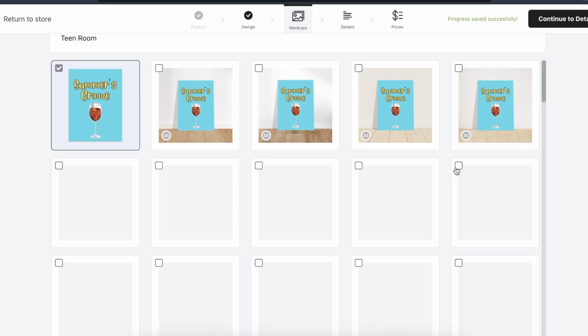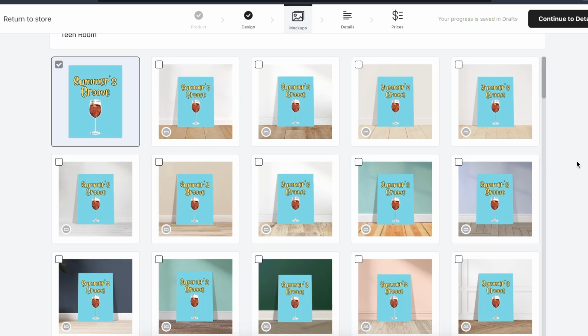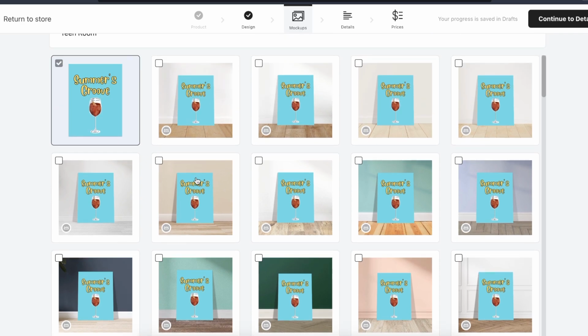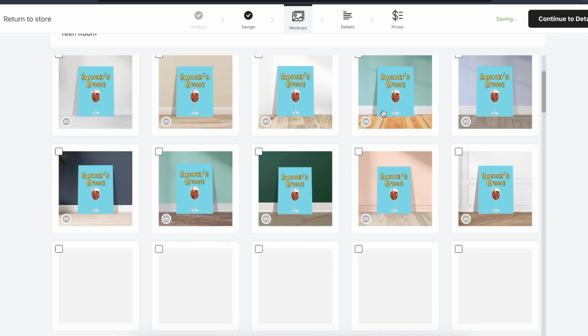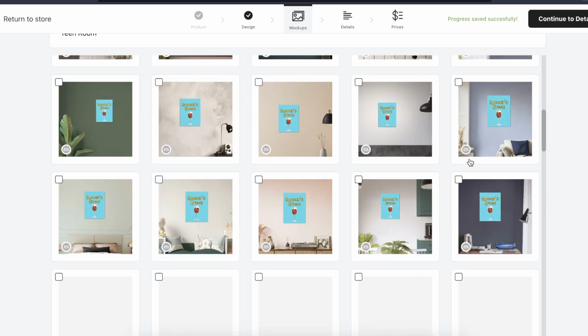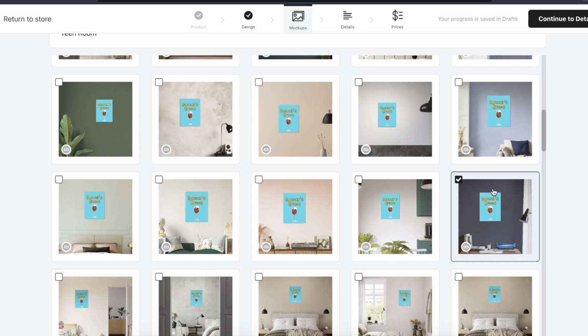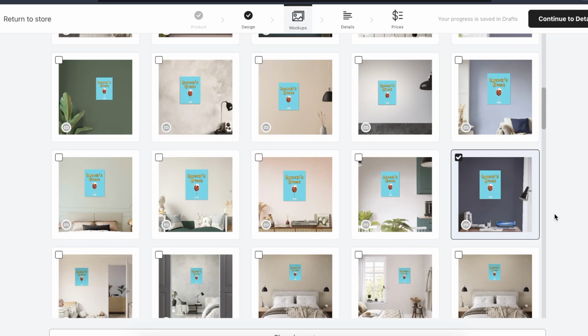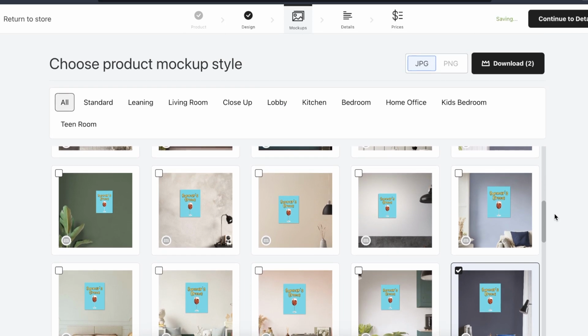Now, as you can see, they have a lot of mockups here to choose from, so you can just click on one or the other and add it to your store. So that's really convenient. You won't have to create your own mockups for posters and some other things like t-shirts and hoodies. So now when you did that, you're gonna continue to details,